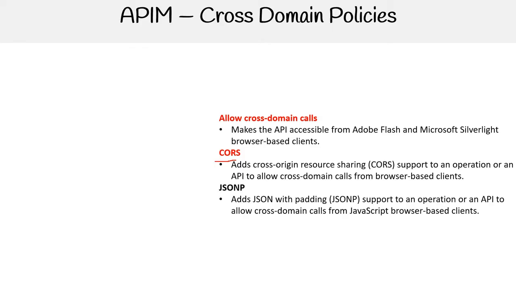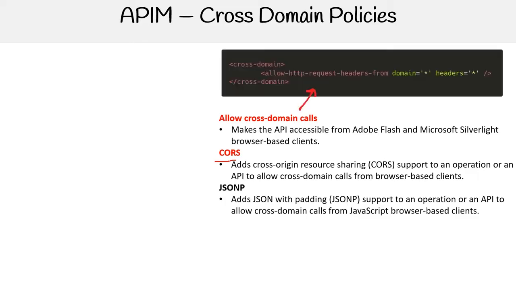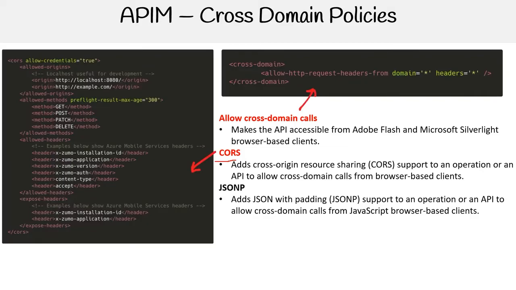JSON-P adds JSON with padding support to an operation for an API to allow cross-domain calls from JavaScript browser-based clients. So that is the cross-domain one, very simple. There's CORS, and if you've ever seen CORS, this looks the same. If you're on AWS, or anywhere else, it's the same XML. It looks the same. So it looks big, but it's not as scary, and you'll come across it quite often,